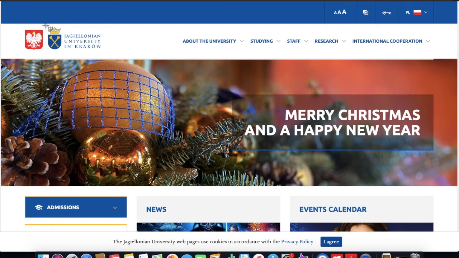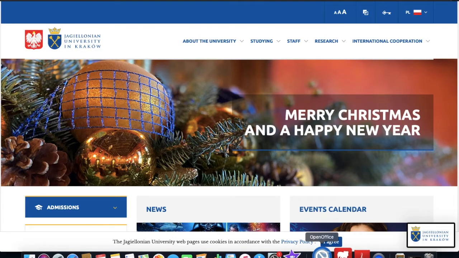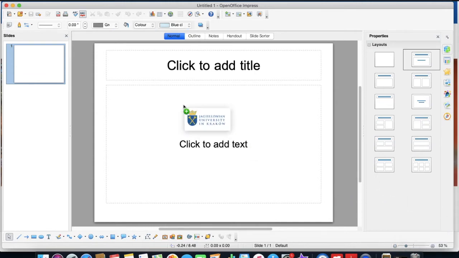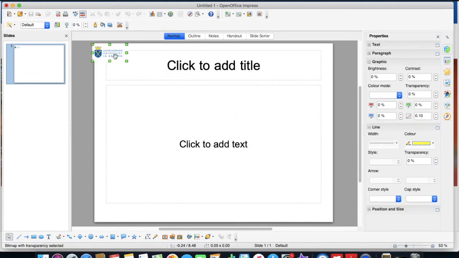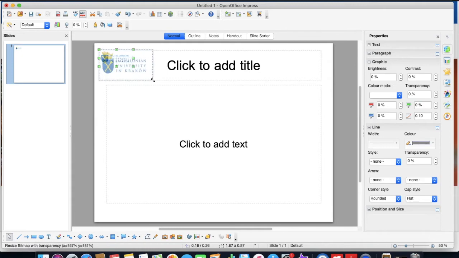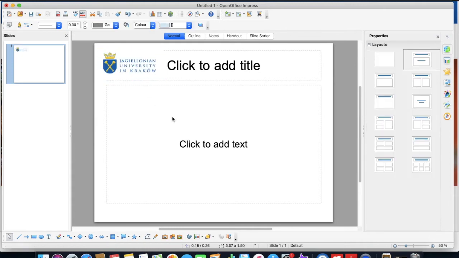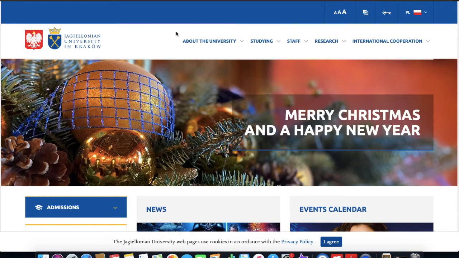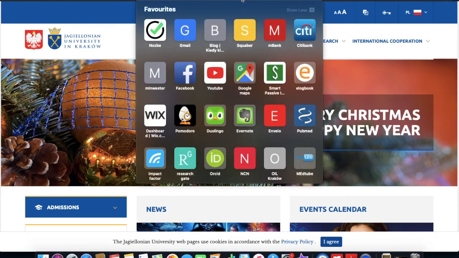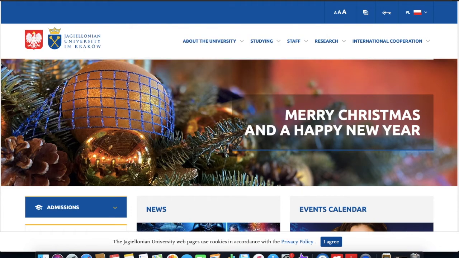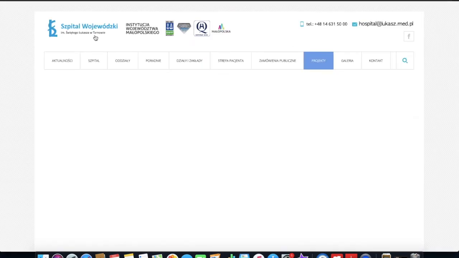In this situation, I am not only entitled to use it, but I'm obliged to put the logo of my university on every presentation I do based on the research done under its auspices. You can adjust the size so it's legible and can be easily identified. I am also employed by a hospital, and should my research or my material come from this hospital, I would put their logo there as well.